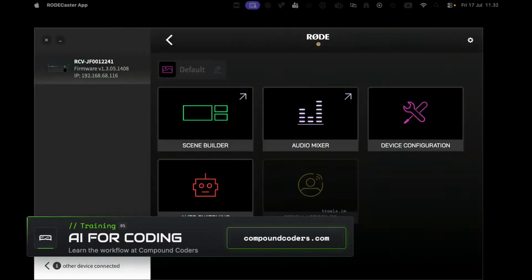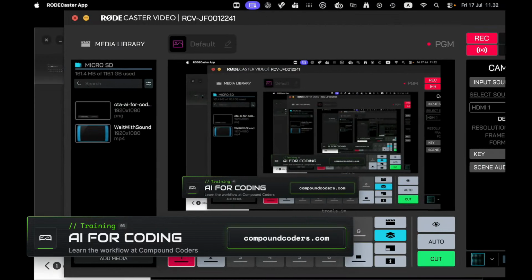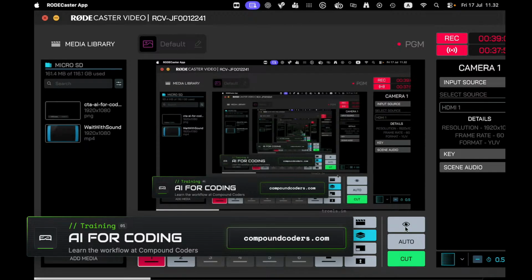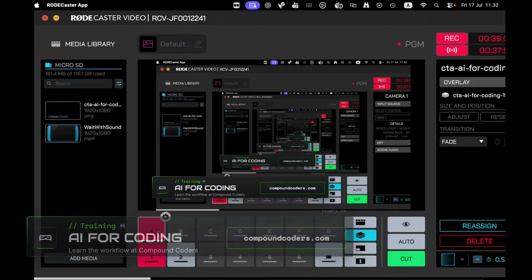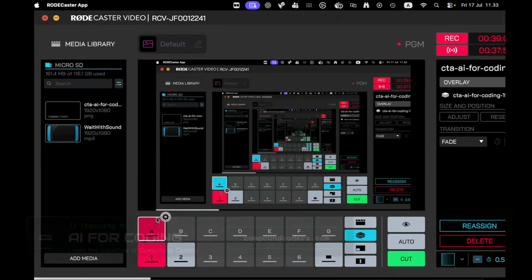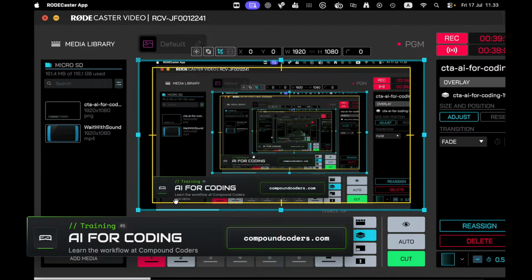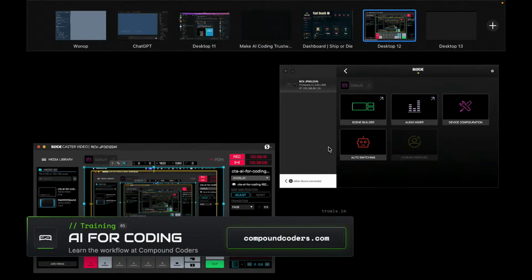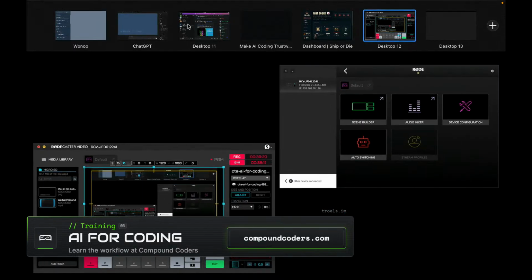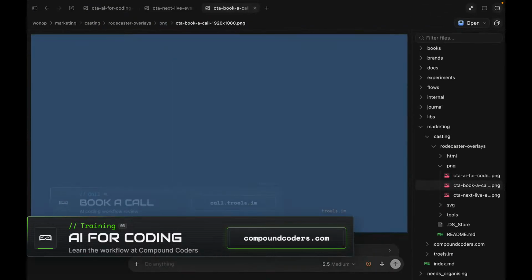If we go back here. The problem we are having is that when we look at the details here, this one, if we press adjust, you'll see it takes up this entire space. And really what we need is we need it to just take up the space that it's supposed to take up. So let's go back here and